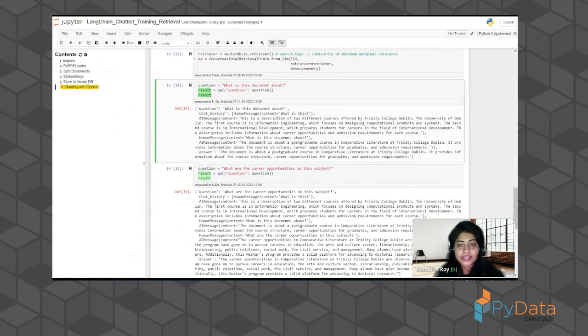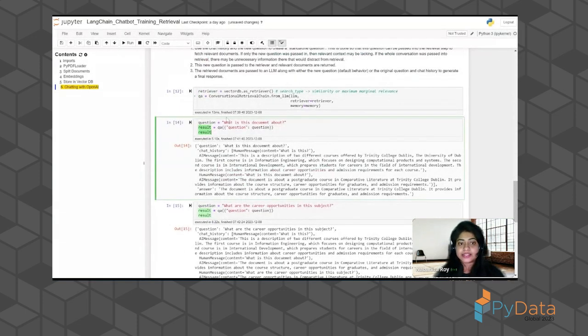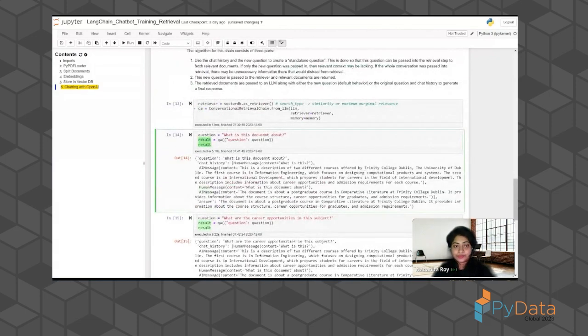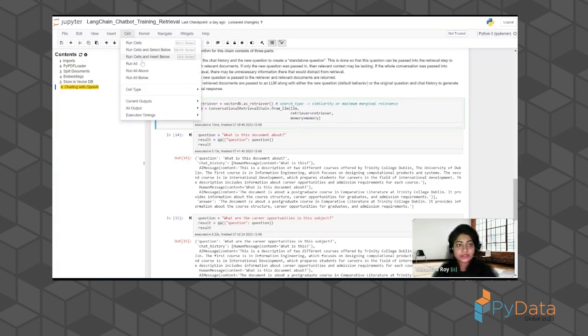Okay, and so once we've done that, it takes some time to build it, and then that's all you need to do. You've instantiated your conversational retrieval chain. That's where you start asking your questions about the document. Okay, so I'm just going to run all the cells above.